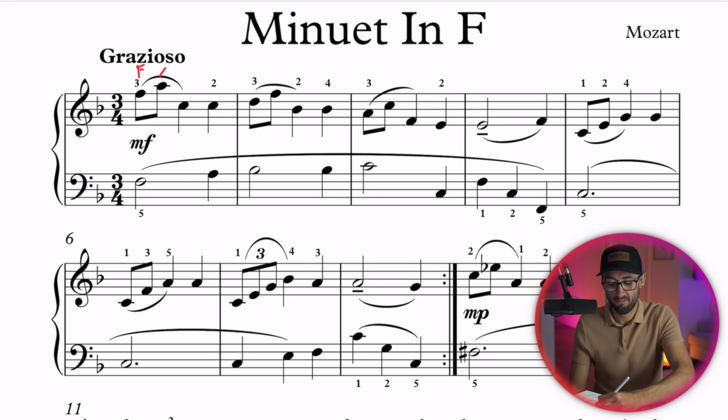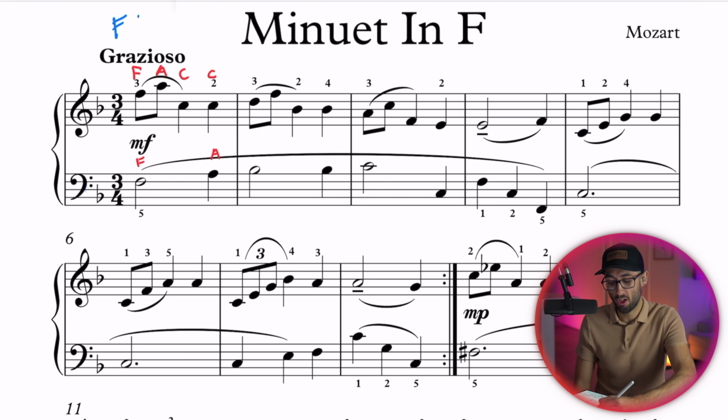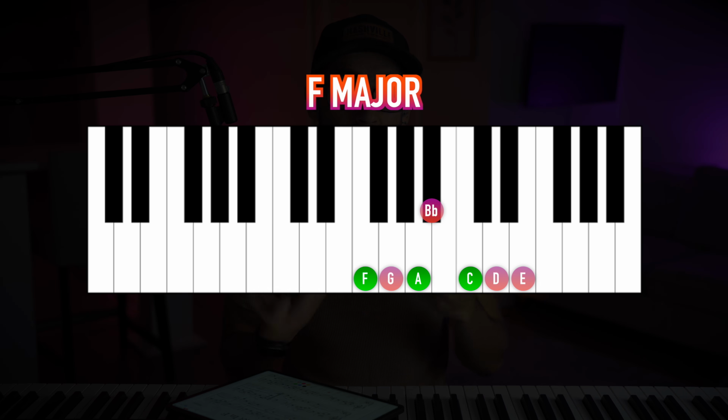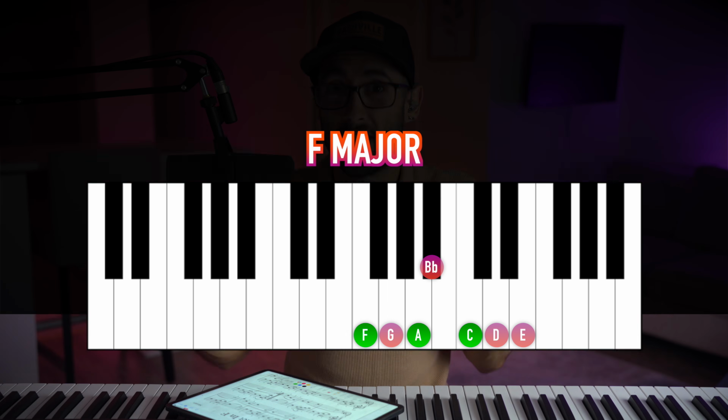So starting with the chords, in this first bar we have an F, we have an A, we have two C's, and in the left hand we have an F and an A. Now this gives us the notes F, A, and C. And this actually makes an F major chord,